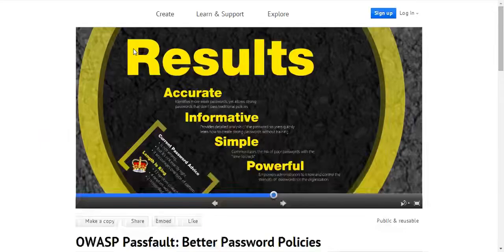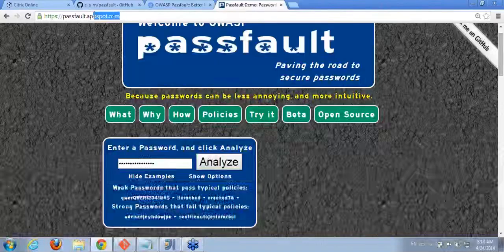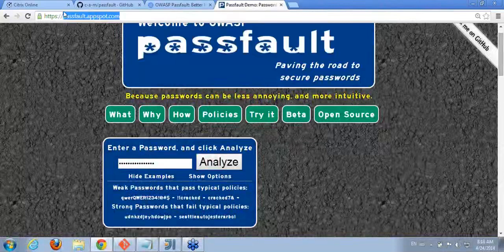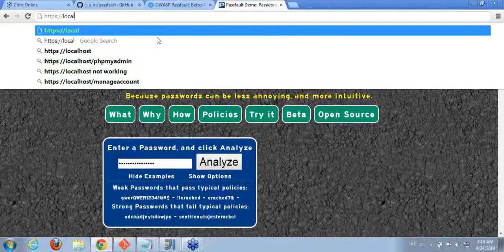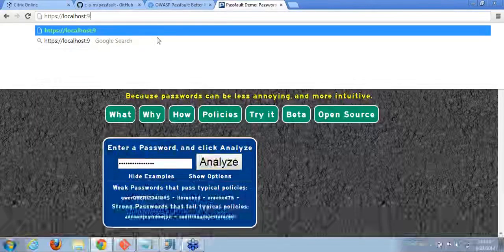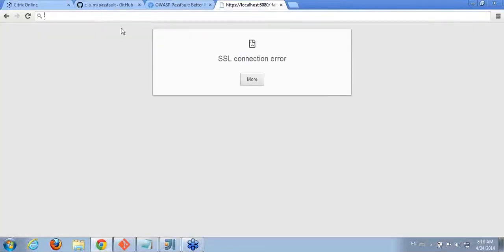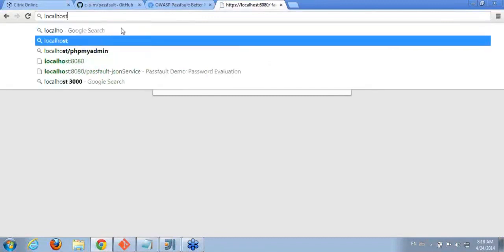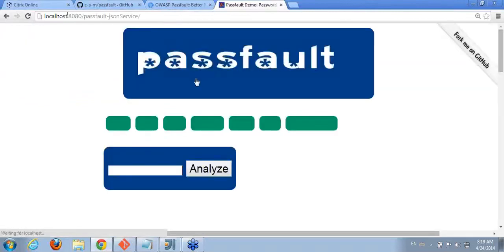So here it's running. We can come back over to our server. So if you don't want to send your passwords over to Google's App Engine, clone the repository, build it. You saw it wasn't all that difficult. The first time it'll take a while to download the web container Jetty. It'll be on localhost 8080. Here we go. That will point you to the right location.